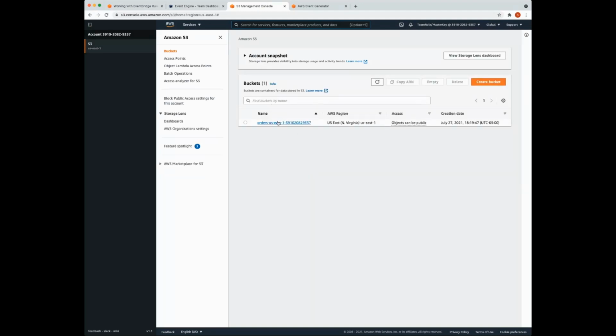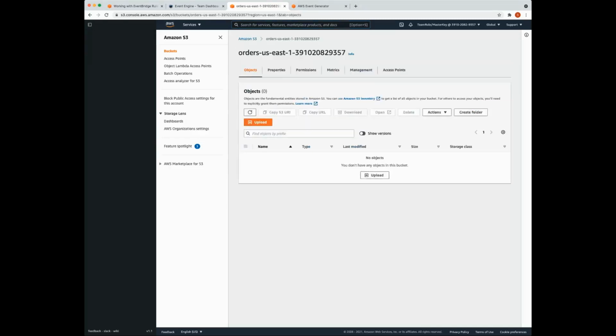And so we don't have to do too much of a search. There is the bucket here, orders-us-east1. You may have a different value here for your orders bucket. I'm going to select that bucket. And actually there should be an object here. There isn't.